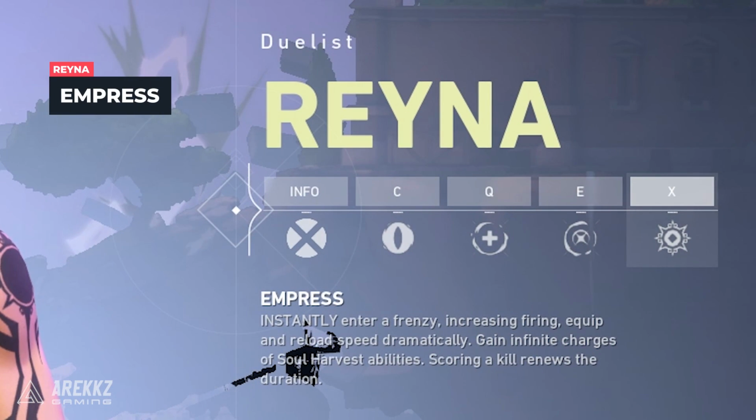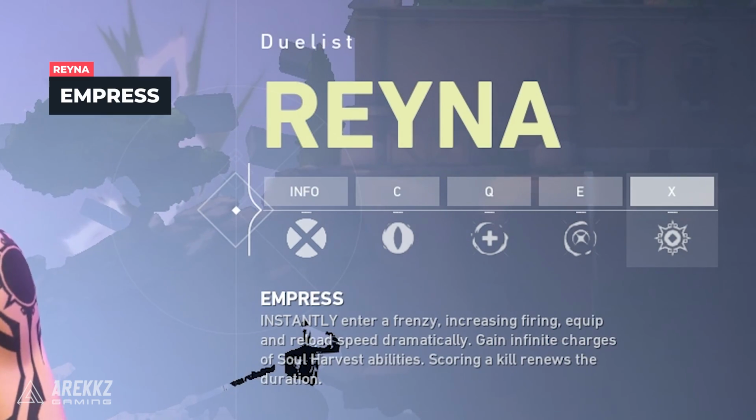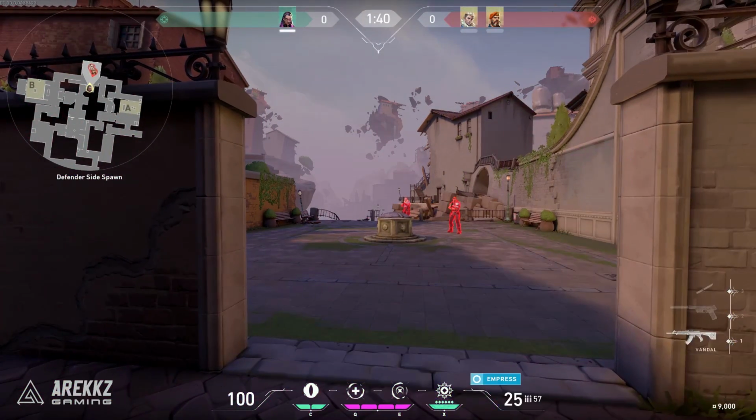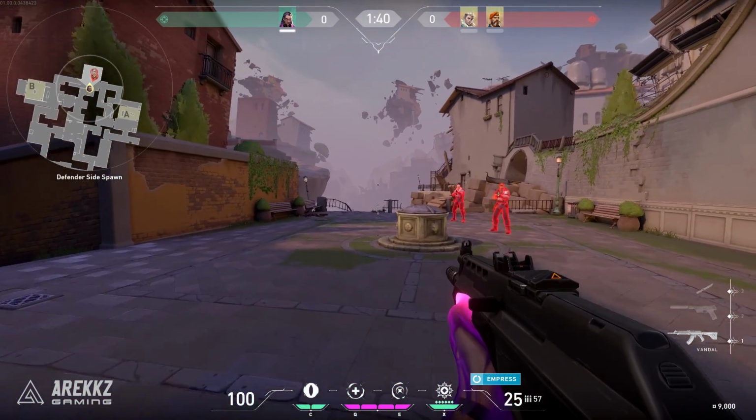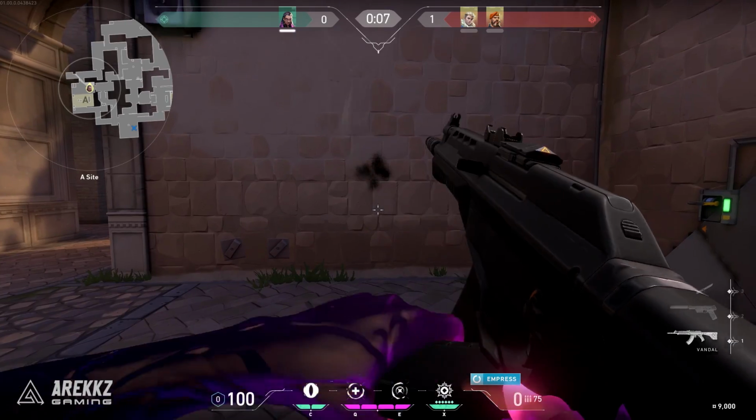For this one, you will instantly enter a frenzy state. You enter this kind of cool, ethereal looking state. Looks very, very awesome. And when you're in this, it increases your firing rate, your equip, and your reload speed dramatically. You also gain infinite charges of Soul Harvest abilities, and if you get a kill, it will renew your